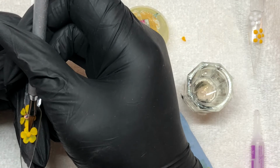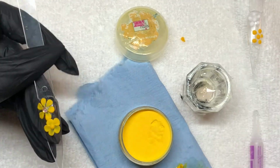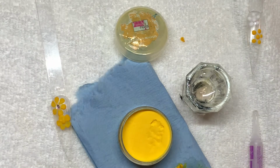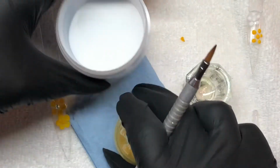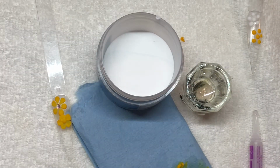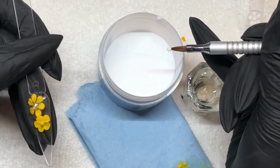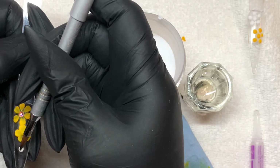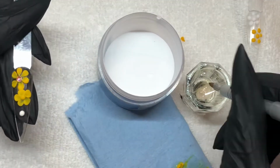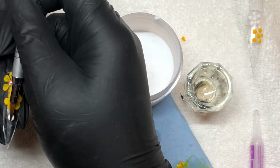Once you start getting comfortable with the petals, you can start making them without having a center. Let's do one in white. Let me grab my bead, let me dry it a little bit, and then I'm gonna place it, okay? There. And then